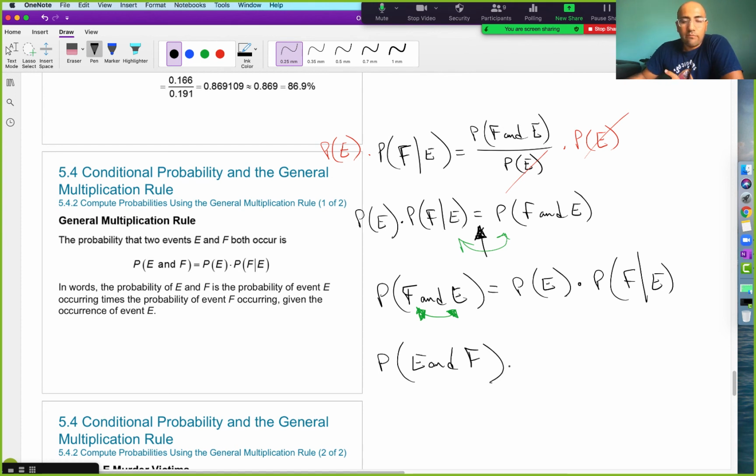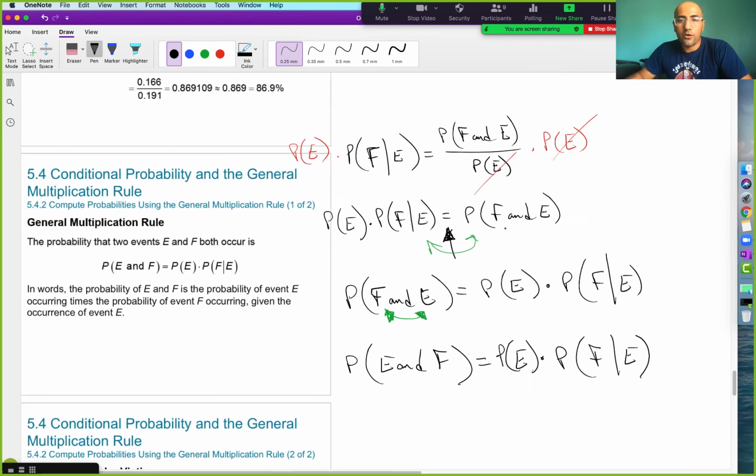Right? It makes sense that the order shouldn't matter. If we go back to our little ping pong ball example, I wager event E, and then my friend wagers stuff on event F. The probability that we both win, well, it doesn't matter if he wins first and I win second, or if he wins second and I win first. It's just we're looking for the probability that we both win, right? The probability that both events happen. This is the probability of E times the probability of F given E. Good. Okay, now on the other hand, if we had the other order,